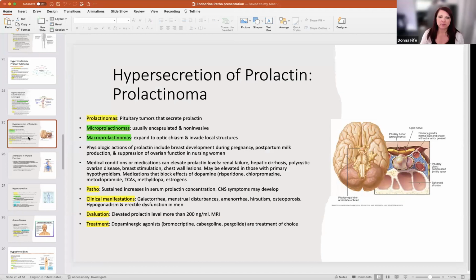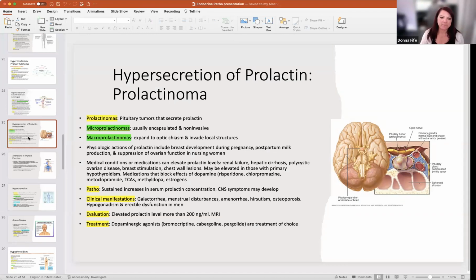Hypersecretion of prolactin, or prolactinoma. Prolactinomas are pituitary tumors that secrete prolactin. We can have microprolactinomas, which are usually encapsulated and non-invasive, or macroprolactinomas, which expand to the optic chiasm and invade local structures. Physiologic actions of prolactin include breast development during pregnancy, postpartum milk production, and suppression of ovarian function in